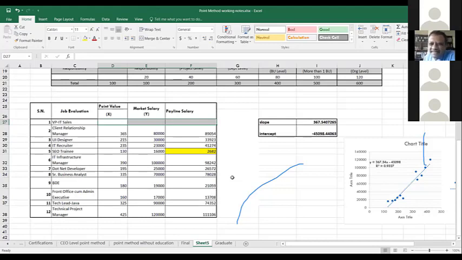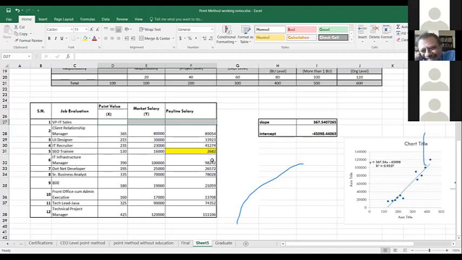So we call them pay line exempt positions. Very low point values and very high point values can be removed without much problem. So you would suggest that when we are drafting the policy, we can say intern level positions will not be fixed as per the pay line. It will be given a fixed salary, let's say 10,000 or 15,000, because it's a trainee level position. It's not fixed on the pay line. Okay, so for trainee level we can have an exemption from the pay line and say it's fixed, because you can't pay 2,000 rupees and get away with it, right?